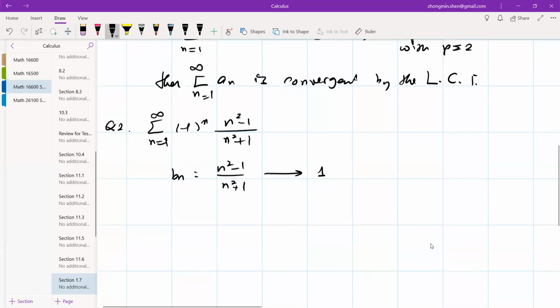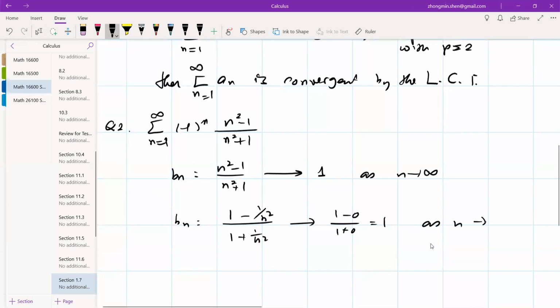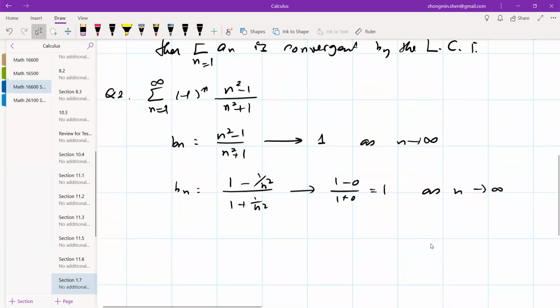It's going to converge to 1 as n approaches infinity. Why does it converge to 1? It's n squared in the numerator and n squared in the denominator. If you divide the numerator by n squared and the denominator by n squared, this converges to (1 minus 0) over (1 plus 0), which is 1 as n approaches infinity. So that implies the nth term